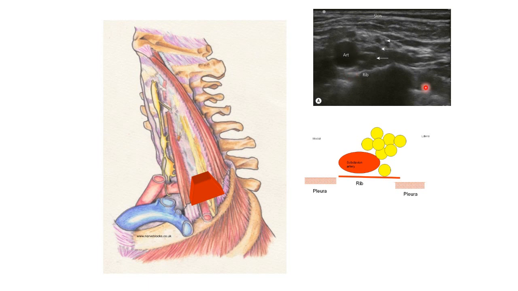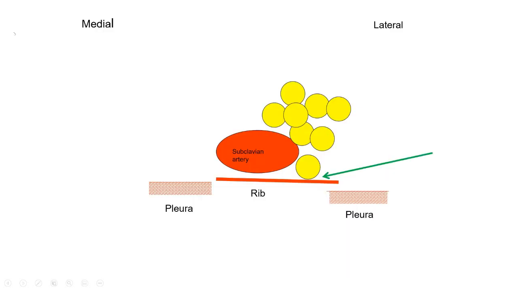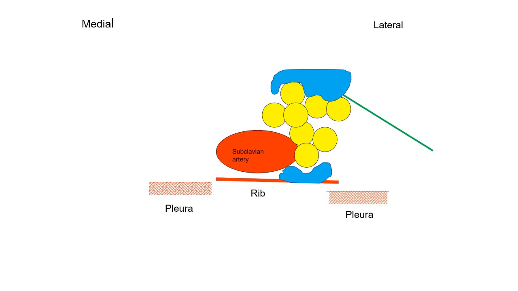My initial aim is to inject local anesthetic in the corner pocket, as we described before. And when you inject local anesthetic in the corner pocket, the brachial plexus is lifted superiorly. Then I withdraw my needle and redirect it above the brachial plexus. Once it is above the brachial plexus, I will deposit local anesthetic above it, and then I will redirect my needle